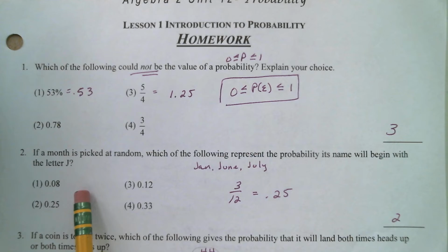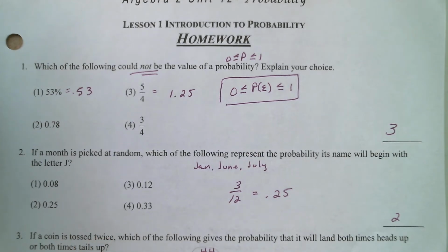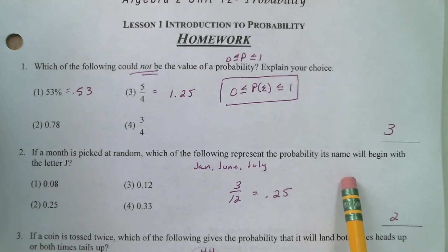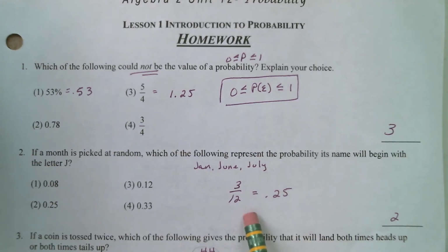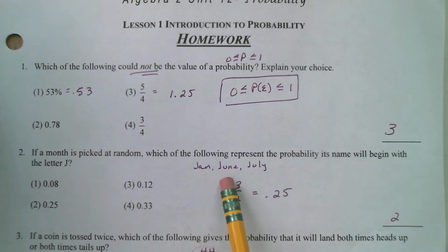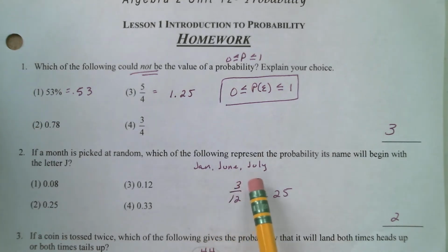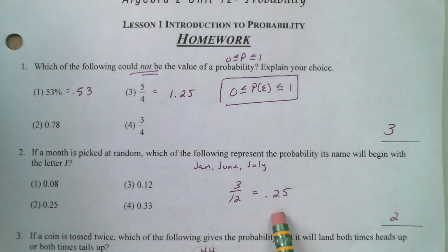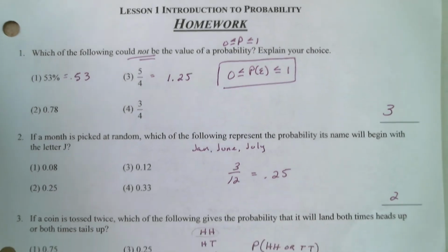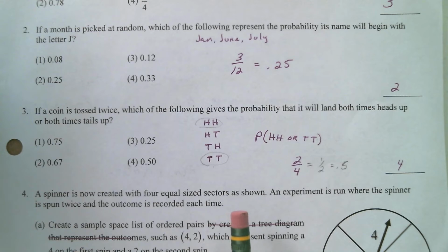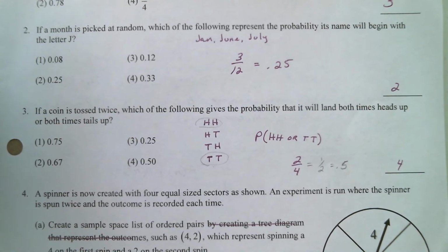Number 2, if a month is picked at random, which of the following represents the probability its name will begin with the letter J? Well, from the 12 months in the year, there are 3 months that begin with J: January, June, and July. So 3 out of 12, which is equivalent to the decimal 0.25. Choice 2. Number 3,